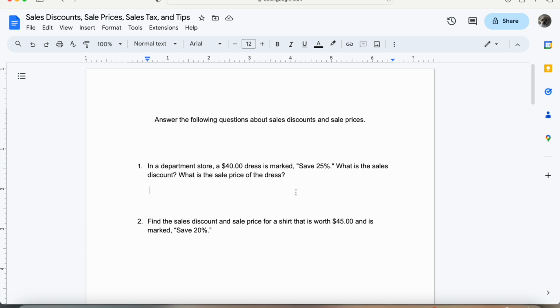So for number one, in a department store, a $40 dress is marked Save 25%. What is the sales discount and sale price of the dress? Alright,